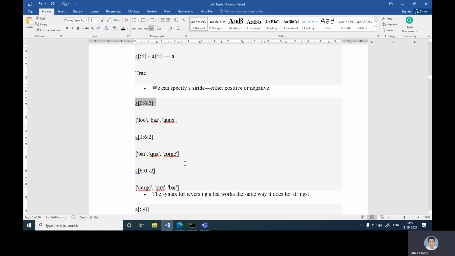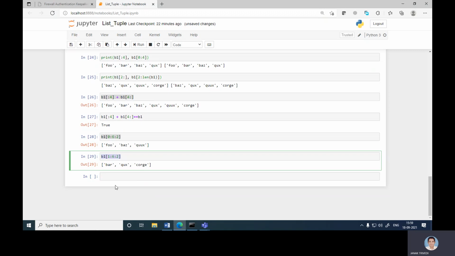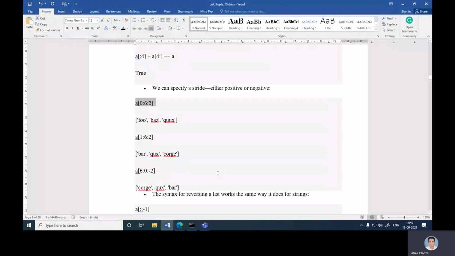We can also give a negative stride, like 6 to 0 with minus 2. That is also possible.